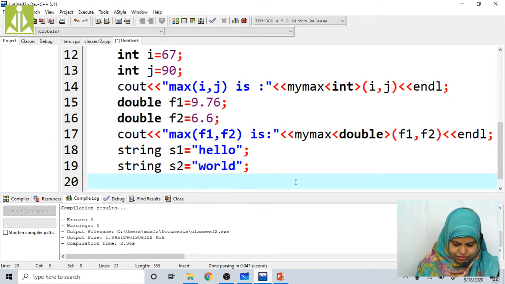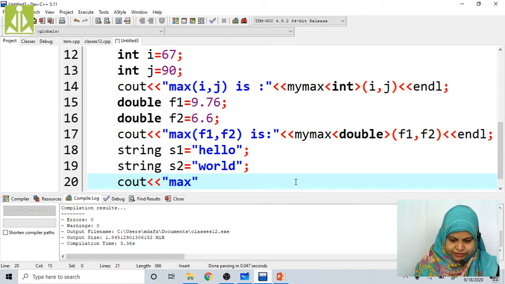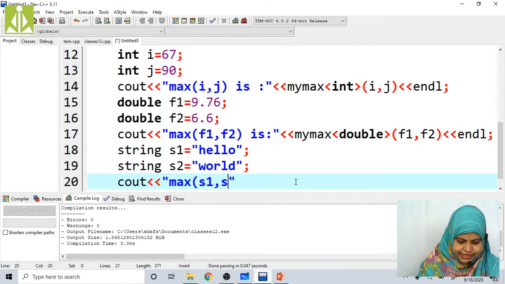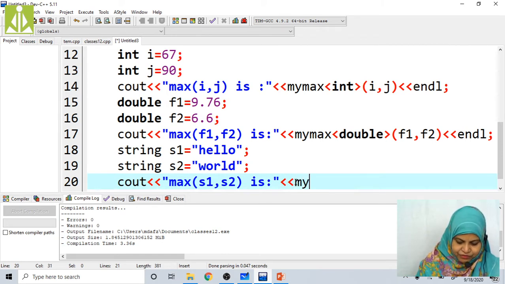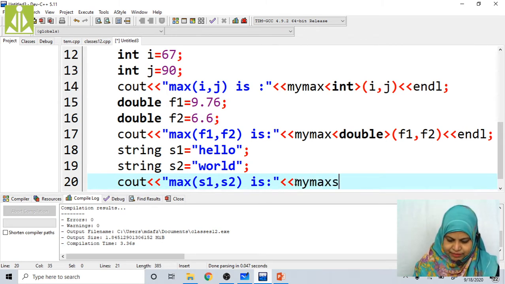String s1 comma s2, cout maximum of s1 comma s2 is colon, and we have to call my max function, right? My max. Which parameter are we passing here?